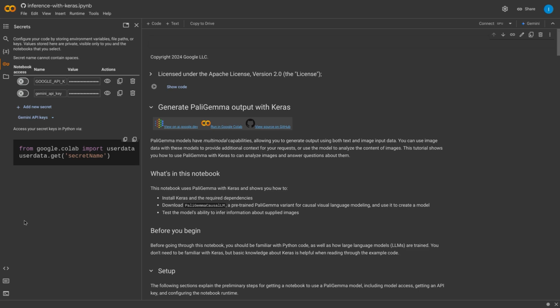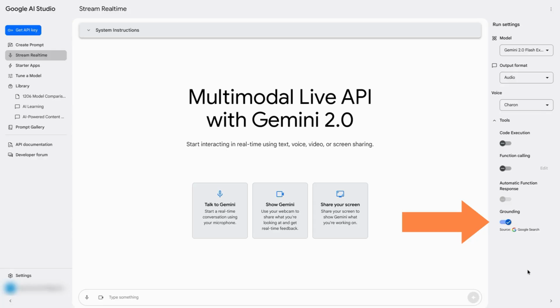Explain the secrets management. Okay, let me explain the secrets section in the notebook. This section allows you to securely store sensitive information, like API keys. You can add secrets using the add new secret button and access them in your code using from google.colab import userdata and userdata.get, secret name. This way, your sensitive data isn't hard-coded in the notebook, improving its security. Now we're going to turn on search grounding for sources from Google Search and use Canva